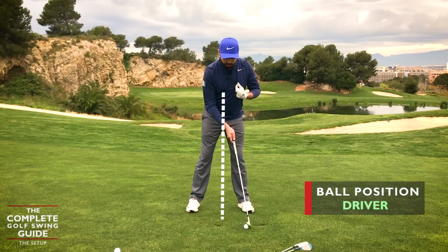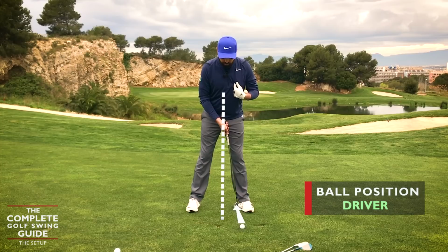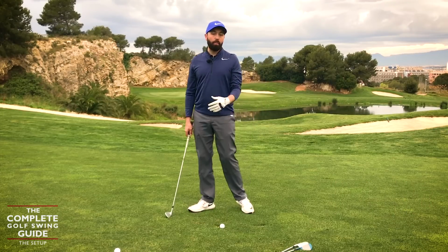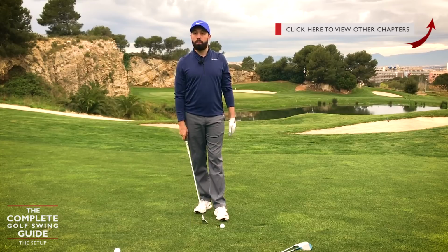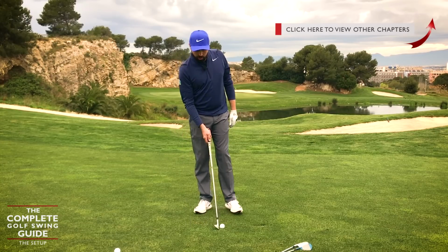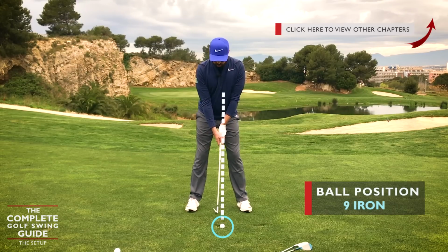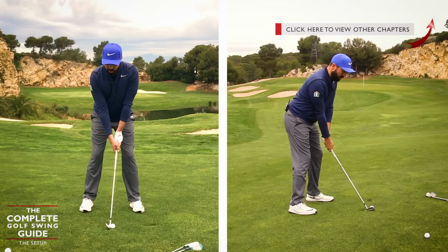So driver is much more, I'm trying to get the camera angle correct, is much more inside the left foot, where the more lofty golf clubs are more in the middle of the stance. And that's just a simpler idea. There are more in-depth ways of doing that, but just as a simple idea, that's going to work perfectly for you. So with the 9-iron here, I'm going to go middle of the stance. Trying to get my angle correct. Rotate, turn,